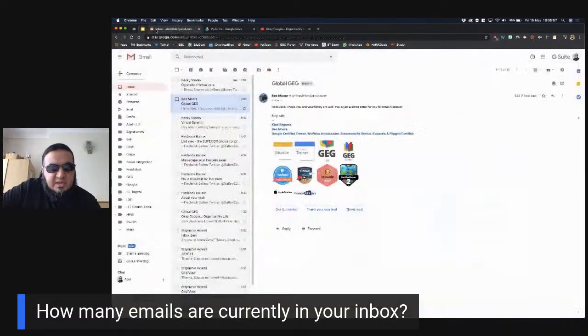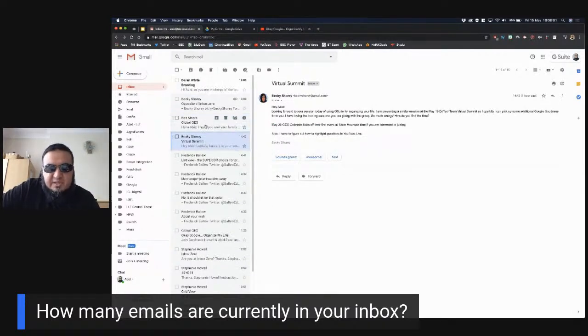So if I jump into my email, I'll give you an example. Here I've received an email from Becky, and she wants to meet with me on Monday. So what I'll do is I'll say, right, I want to snooze this. I can hover over here and snooze, or I can hover over these icons here, and you can see this one is snooze.